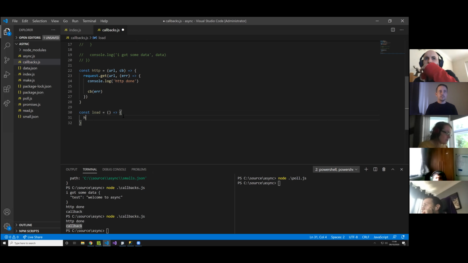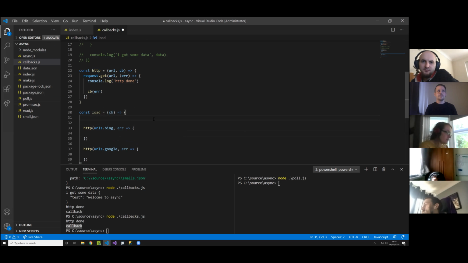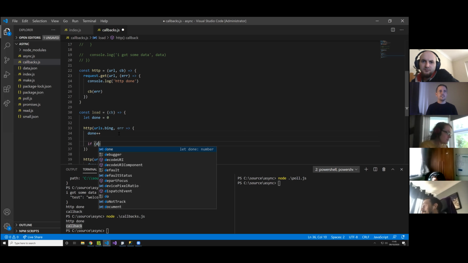So within that, what I really want to do is trigger the first and second one at the same time. They'll trigger at the same time if I do this, or shortly after one another. So I'm basically going to start both of them, and then wait through both of the callbacks. But I'm then trying to wait for the last one to happen, and then I want to call my callback. So it all starts getting very low-level at this point. Okay, let's have an integer called done, and every time one finishes, we'll increment done, and then I guess we could say, if done equals 2,